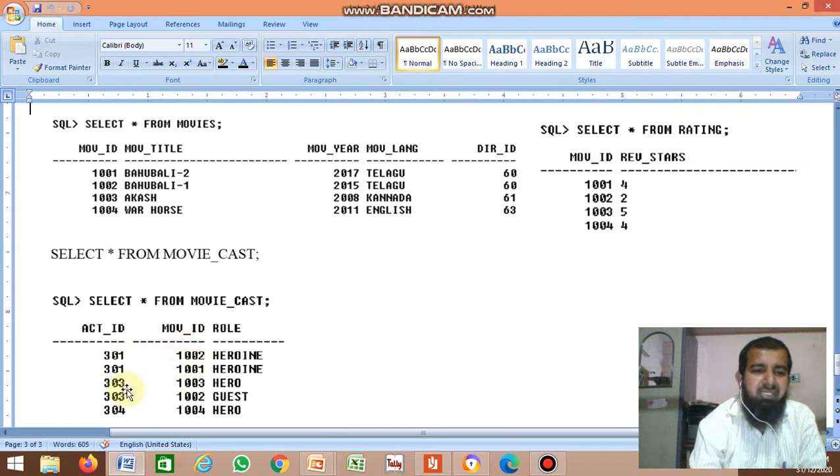Similarly, actor ID 303 acted in movie 1003 and 1002. In both the movies actor 303 acted. Actor 304 acted in only 1 movie. So how to identify which movie it is?